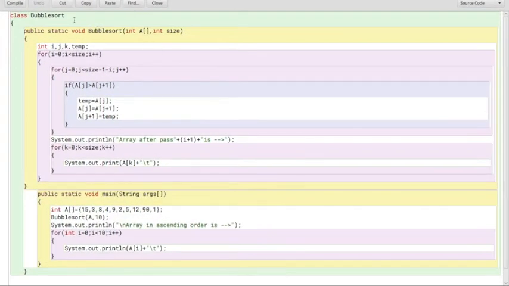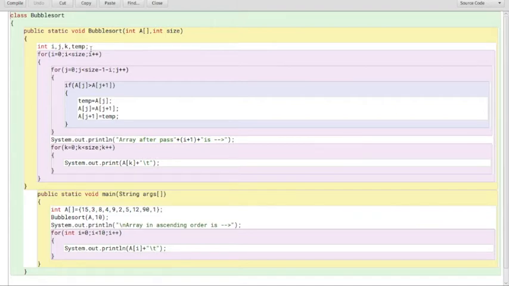As you can see, I have a class called BubbleSort, and inside the BubbleSort class I have a method with the name bubbleSort. Okay, and this method is basically having two parameters. First, of array type with name a, which is an array of integer values, and next is the size, where we will specify the size of this array. Okay, now I have a few variables i, j, k, and one temporary variable, because here also we will have to swap the